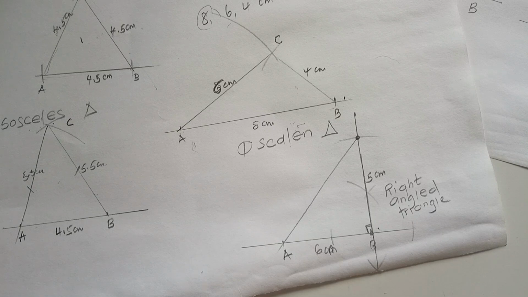Next, we are going to construct quadrilaterals. Once again, quadrilaterals are four-sided figures. We shall have to look at them. We'll have to look at the square,